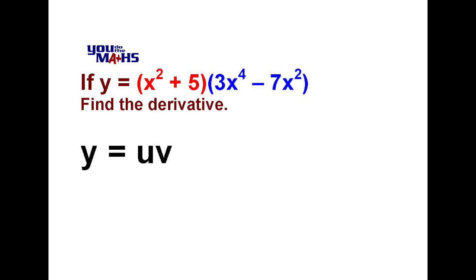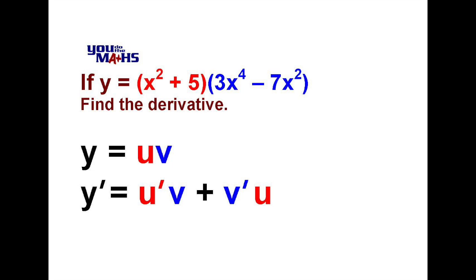The basic product rule says if we have two expressions, in this case u and v, multiplied together, we can find the derivative using the following process. The derivative is the derivative of the first expression multiplied by the second plus the derivative of the second expression multiplied by the first. Let's have a look at that now using our specific example, which is y equals